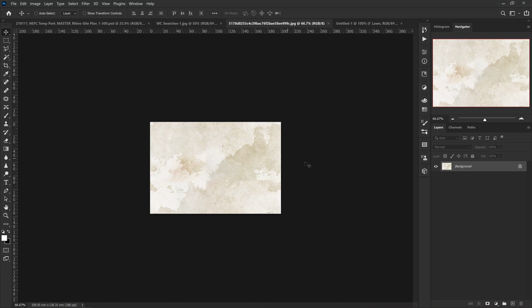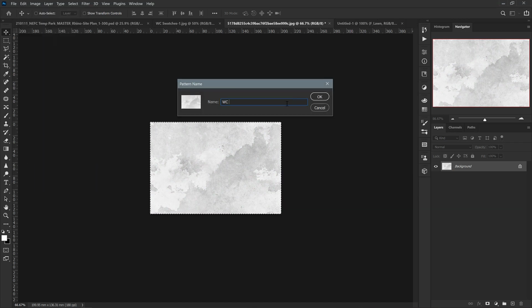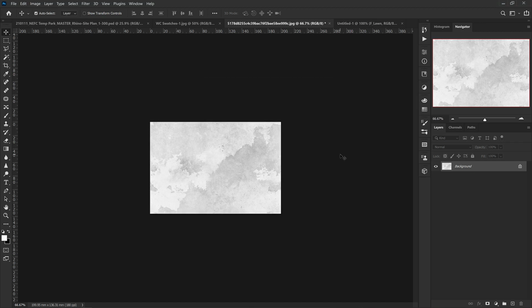So I'm going to do two things. The first thing I'm going to do is make it black and white. I'm going to use Shift-Control-U to make it black and white. I'm going to go Control-A to select everything, and then I'm going to define that as that. And then I'm going to just Control-Z to get back to the original coloration,